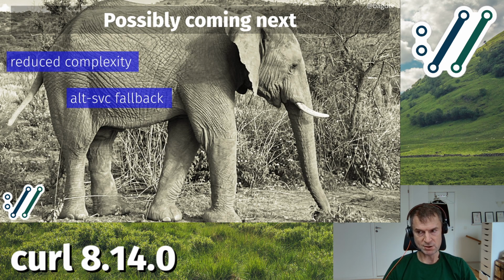There's work on providing an alt-svc fallback, which is the way that when you ask curl to support the Alt-Svc header, a server can say, hey, you can contact me over here on the other host name, port, protocol version for a while. When that other connection fails, we don't have a proper fallback to go back to the original host name, which is a flaw and annoying to users. We have work on that coming.